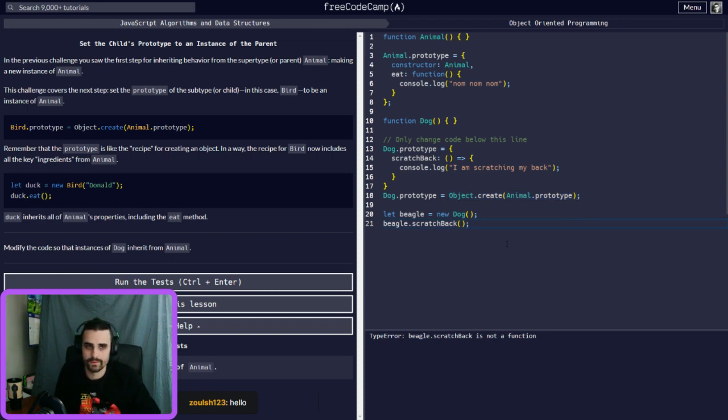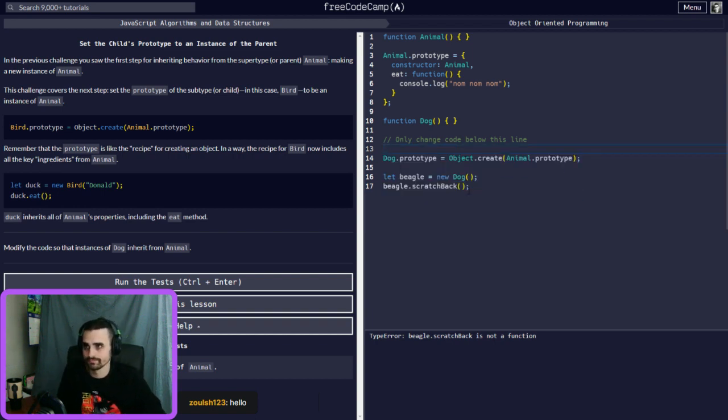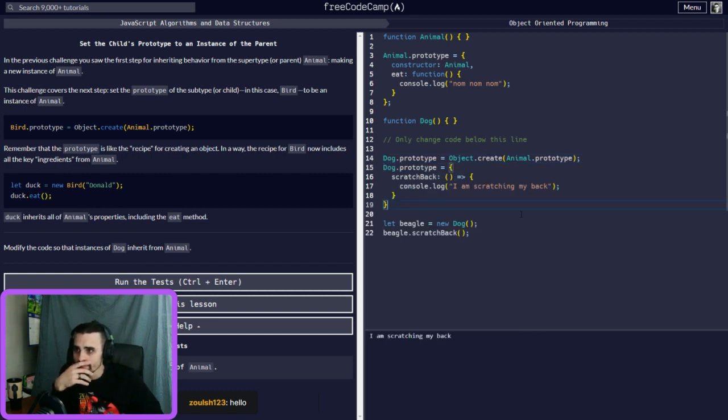So now, that's where I would want to know, how does this get added to the prototype? Because what if you have other things inside here, but you also want to inherit those prototypes from the animal prototype? So how would you do that first? And then? No, because then that's overwriting this. So how would you...